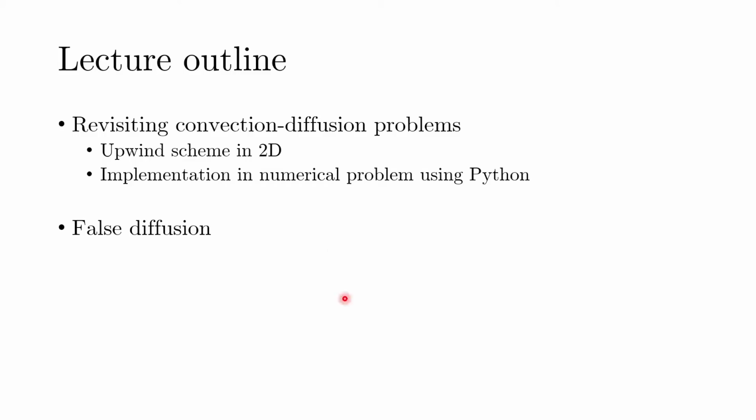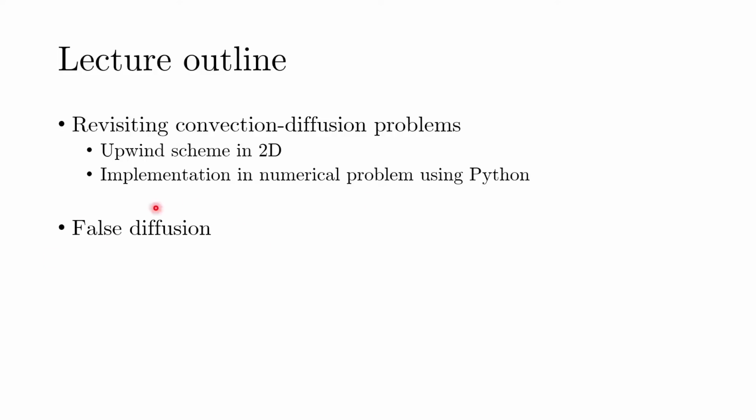But for the lecture today, we are going to take things one step further. In the last lecture, we started looking at the 2D convection diffusion using the central differencing method. And now we want to understand how to use the upwind scheme in 2 dimensions. So we will revisit the convection diffusion problem and how it was discretized. And then we will use the upwind scheme formulation in that, and we will take the example of the same numerical problem that we have been looking at, and we'll also look at the Python script. Because there won't be a huge change in terms of the coding part, we will be covering both the theoretical formulation as well as the numerical and coding based implementation of that.